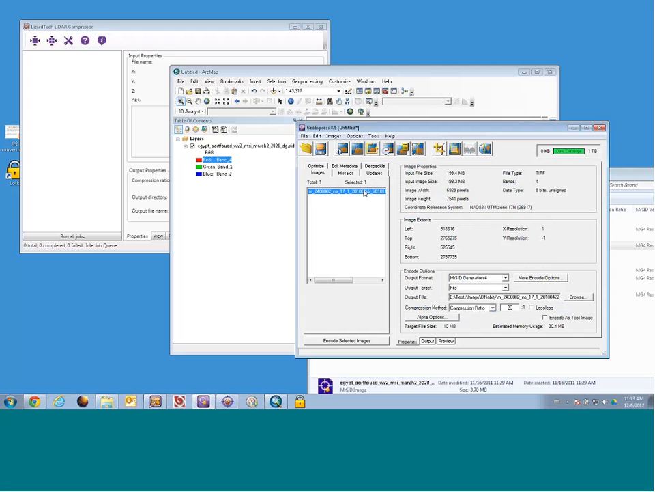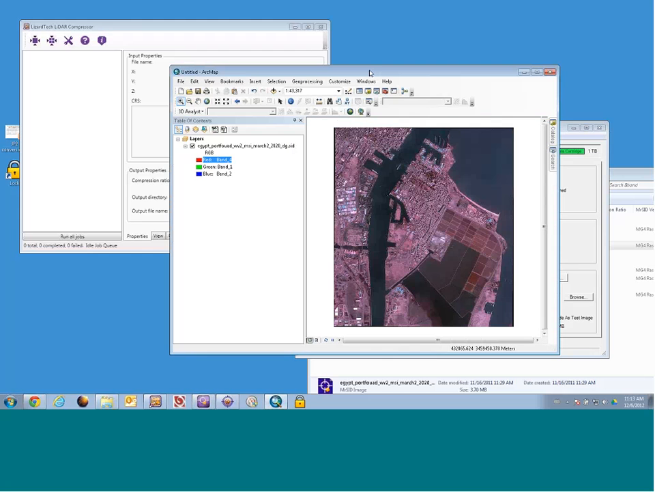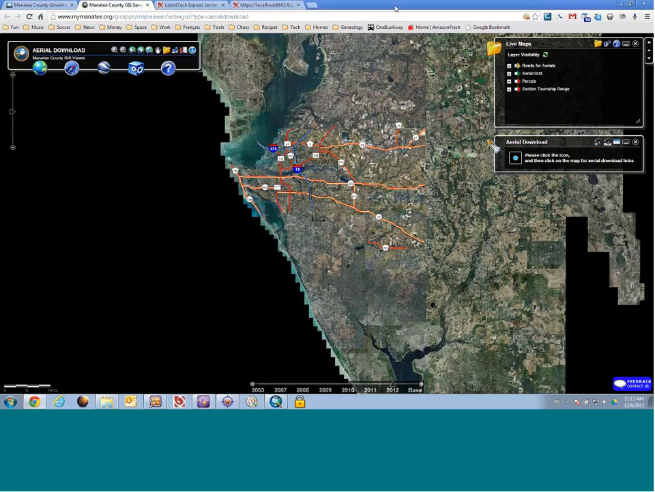So that's GeoExpress. GeoExpress allows you to create MrSID files. MrSID Generation 4 is supported here, and MrSID Generation 4 is supported natively inside of ArcMap 10.1. If for some reason you're not on the latest version of ArcMap, you can still get MG4 support. All you've got to do is go to lizardtech.com and you can go to